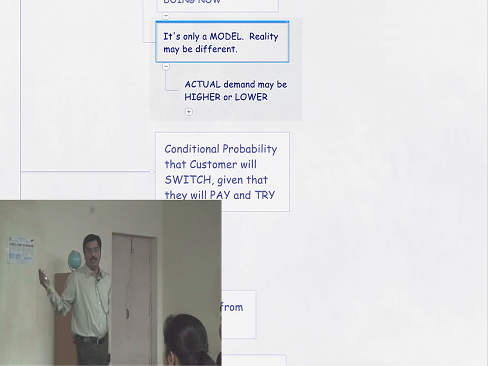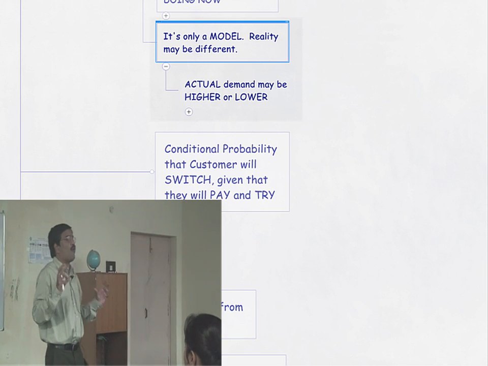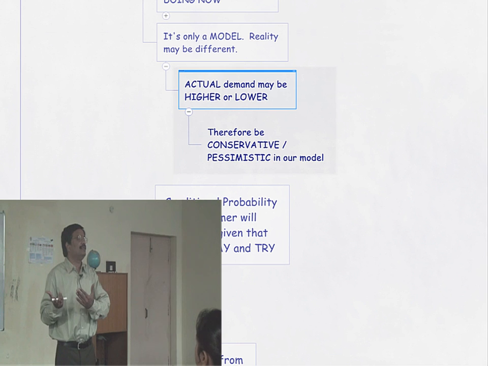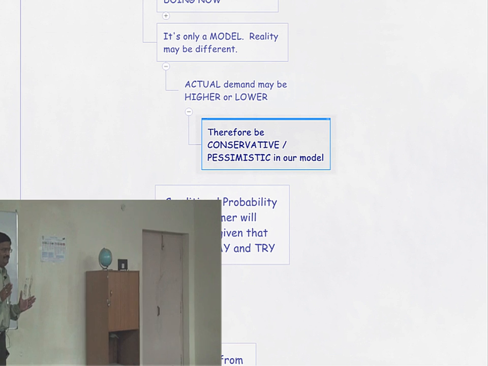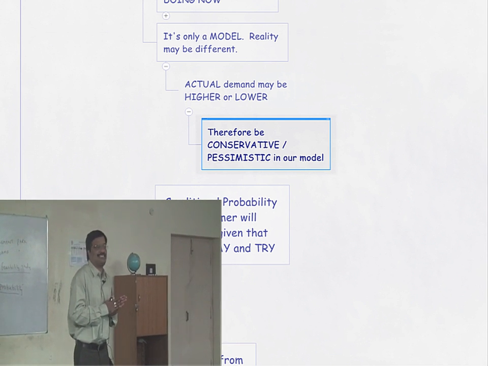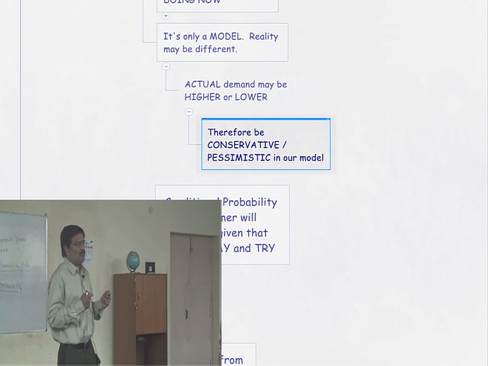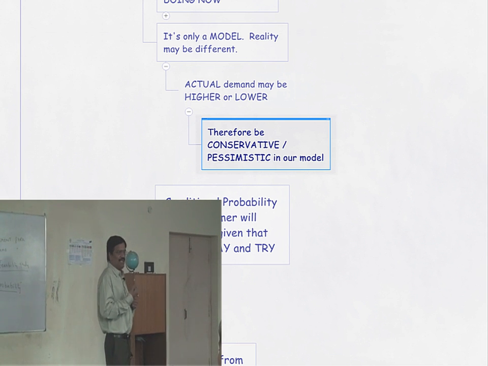As I said, the same thing. What we are building is a probabilistic demand estimation, a potential demand estimation model. It may fail. Actual demand may be higher or lower. I'll be happy if the actual demand is higher. So normally when you're doing this model, you'll be very conservative. What do you mean by conservative? You would like to be pessimistic in your estimate. What is the minimum demand I'm likely to get? So I will try to discount what people say by looking at their present behavior.